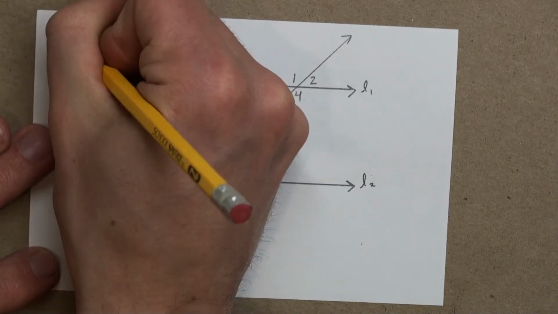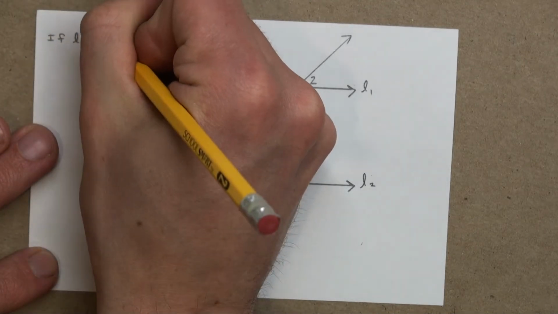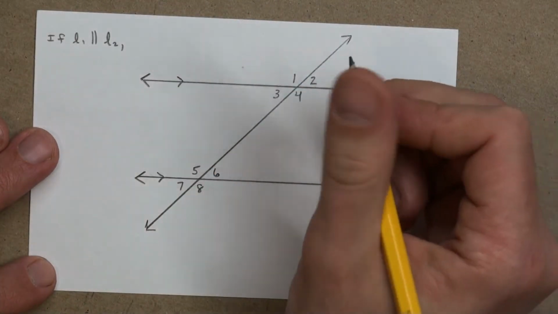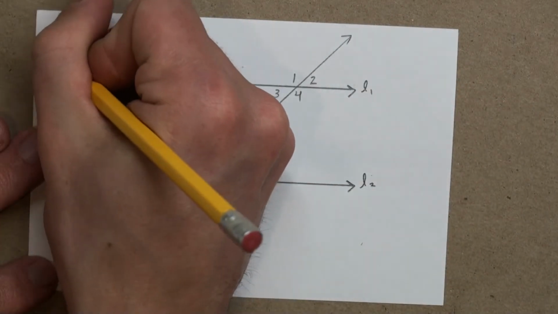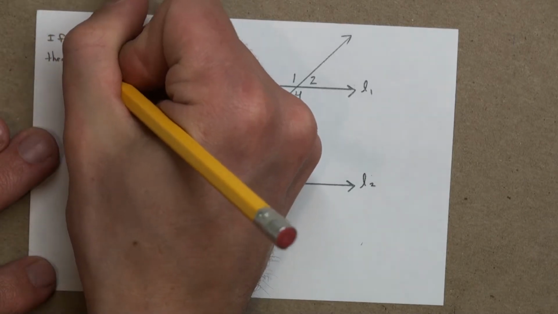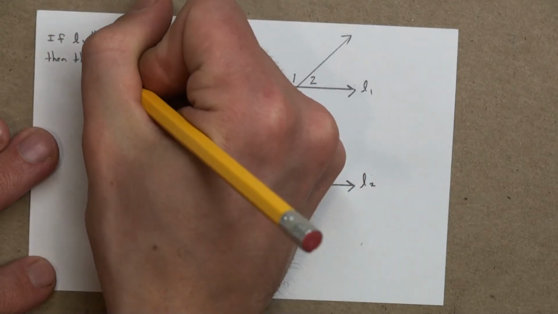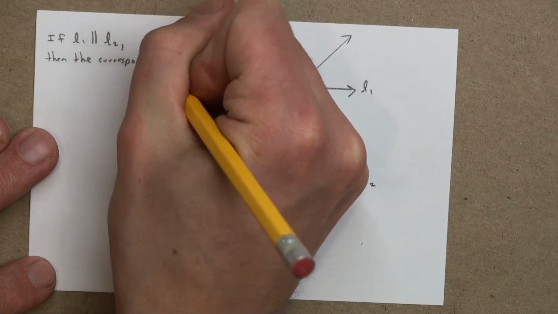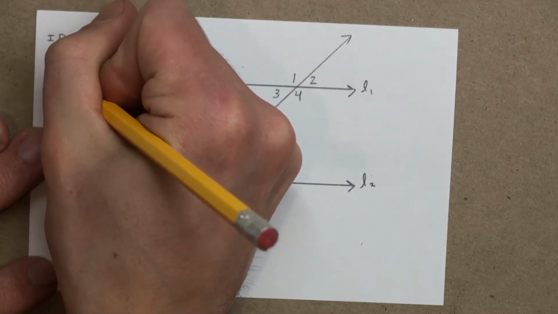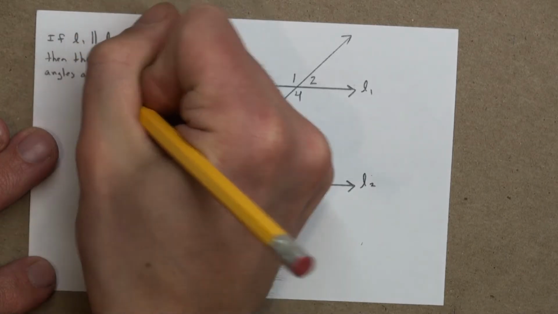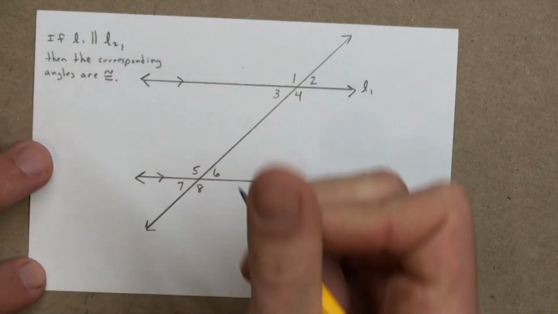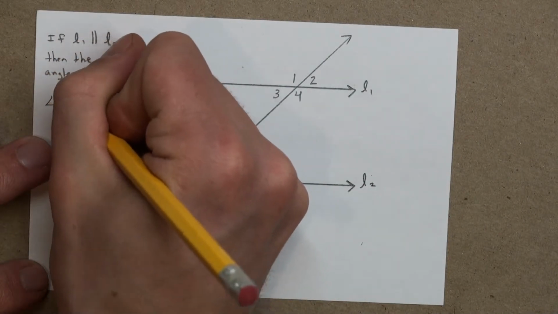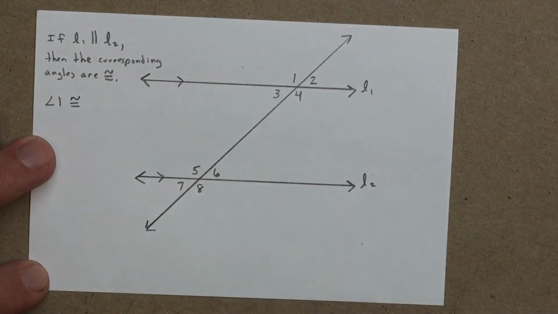So if L1 is parallel to L2, comma, then the corresponding angles are congruent. So angle 1 would be congruent to